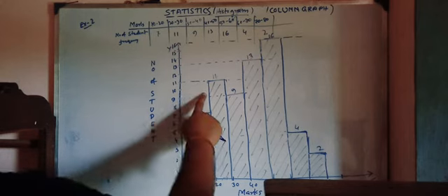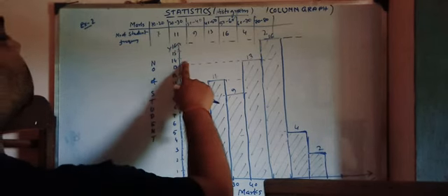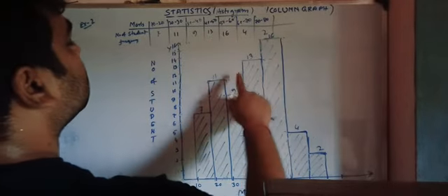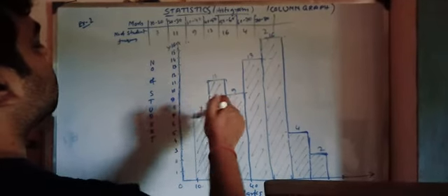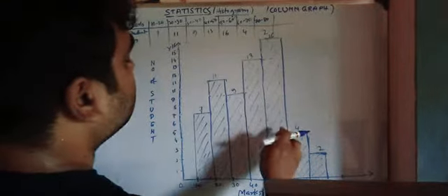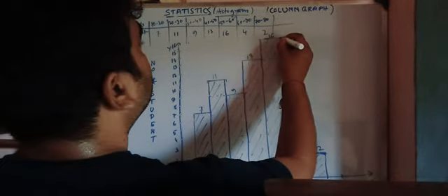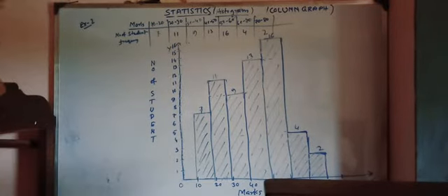Now actually we don't have to draw this. For labeling we are drawing that. Remove this so that we can understand better the required bar graph. So this is my required histogram, the picture of the required histogram.